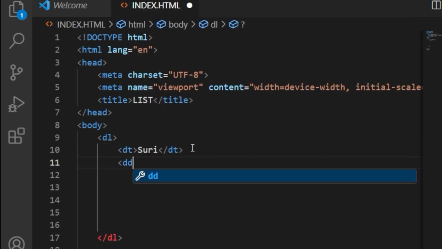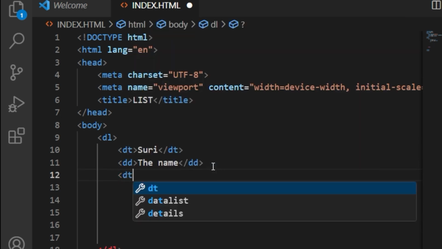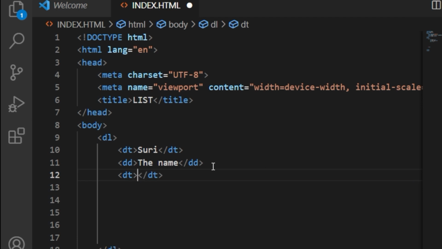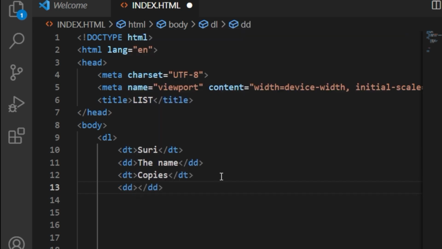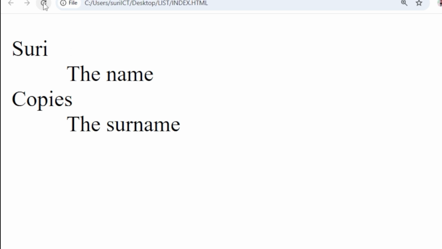Then you can use another tag, you can say DD. Then you can say the name. And again another tag, DT. Then this one, you can say copies. Then another one here, you can say DD. Then you can say the surname, like this. So let me refresh, save these changes. Try to go to my browser now. Changes. So this is how you can create